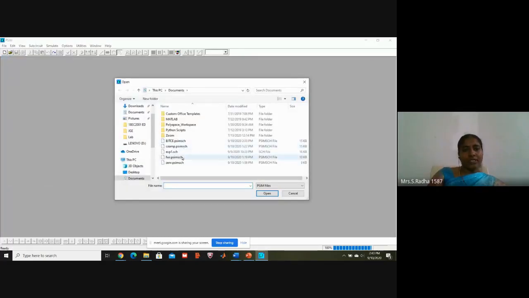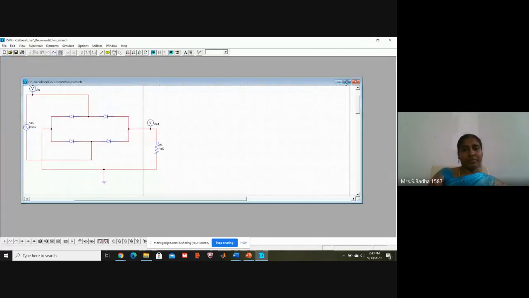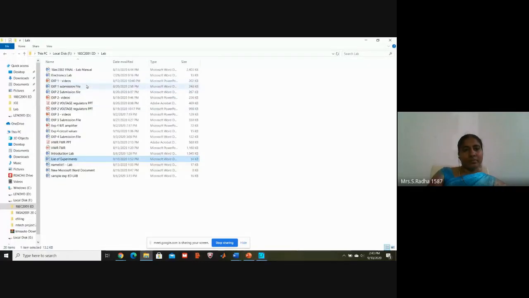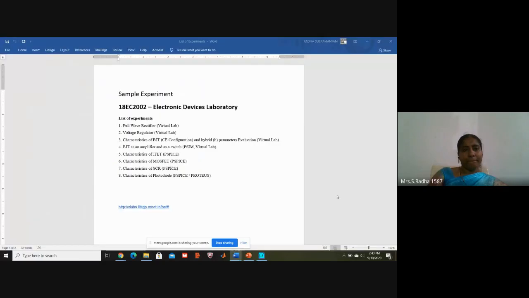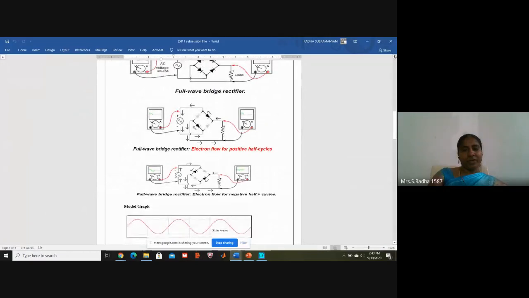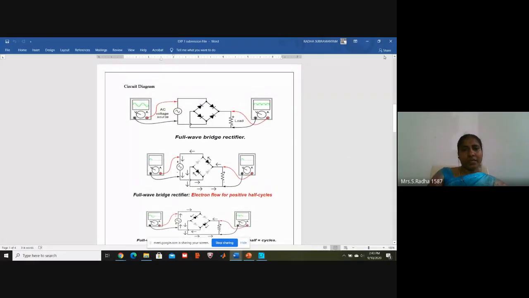I have designed the full wave rectifier circuit. This is the circuit. In the submission file we have given 4 diodes and an input AC waveform and an RL resistor.